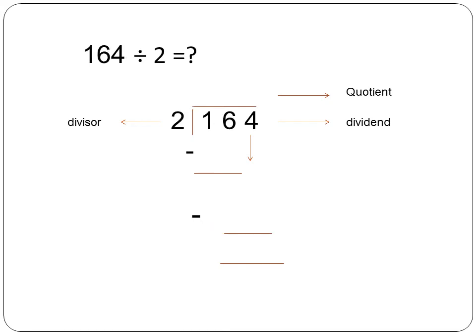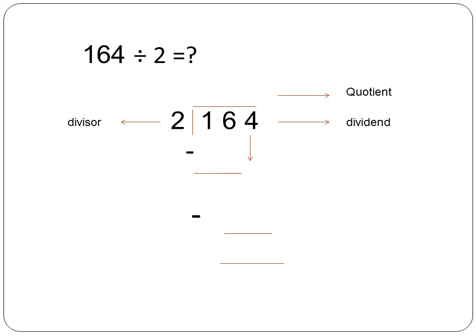Now let's learn how to divide a 3-digit number by a 1-digit number. So you have to place the numbers this way. 164 divided by 2. Here 164 has got 1 hundred, 6 tens and 4 ones. Start from the hundreds place. 1 cannot be divided by 2. So we take the tens place also. So it is 16 now.